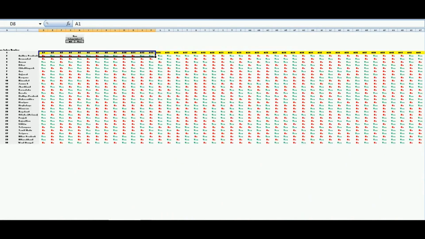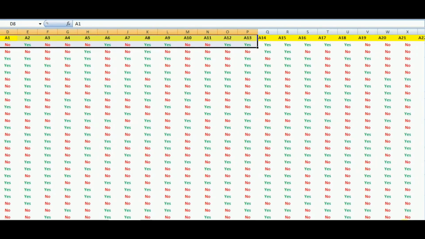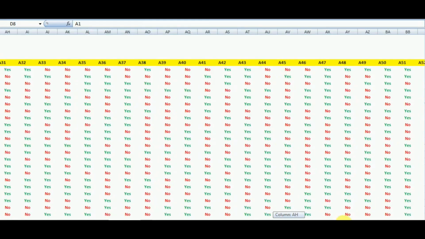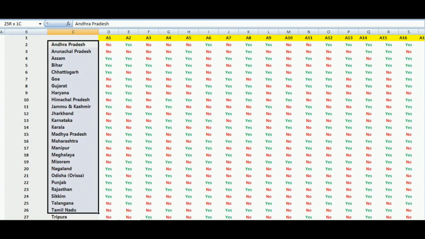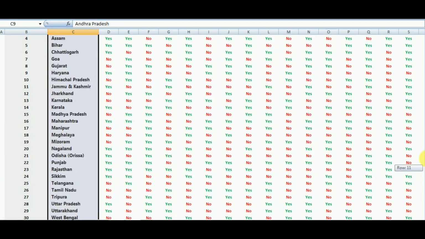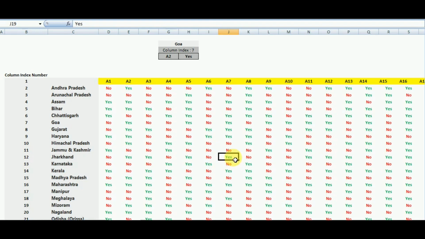Here you see there are 29 states and 100 contractors, and a huge amount of data is provided on whether the contractor's presence is available in a particular state or not. So from A1 to A100 there are 100 contractors and there are 29 states. Now if we want to search the presence of a particular contractor in a particular state, it will take a huge amount of time to manually sort and identify it.